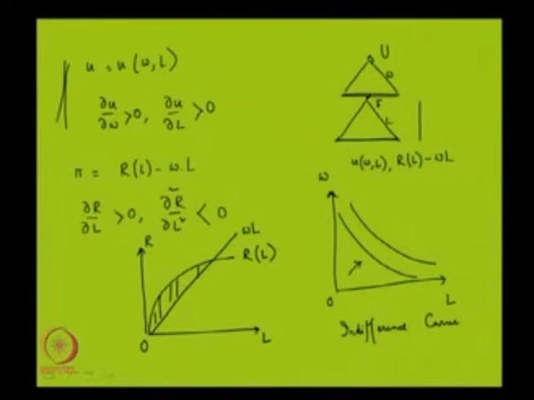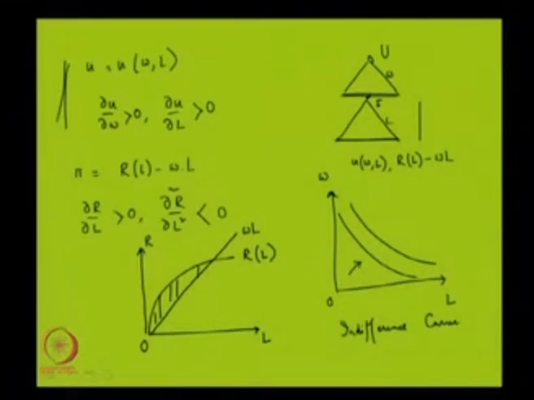Iso means same. So, along an iso profit curve of a firm, the profit of the firm remains the same, like the payoff of the union was remaining the same in an indifference curve. So, if I want to draw the iso profit curve of the firm,